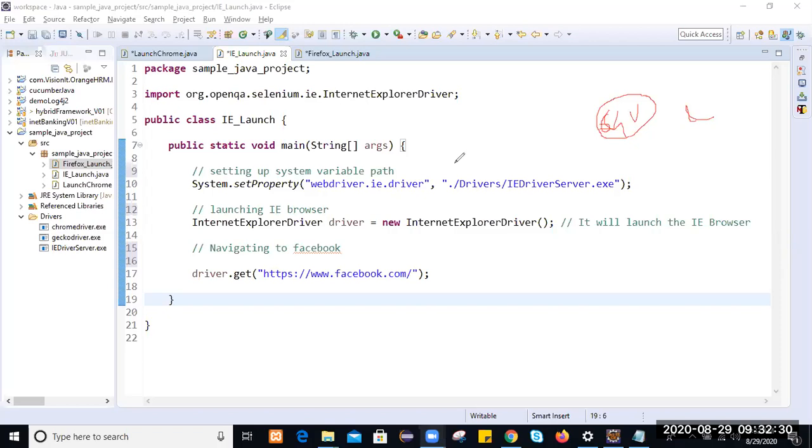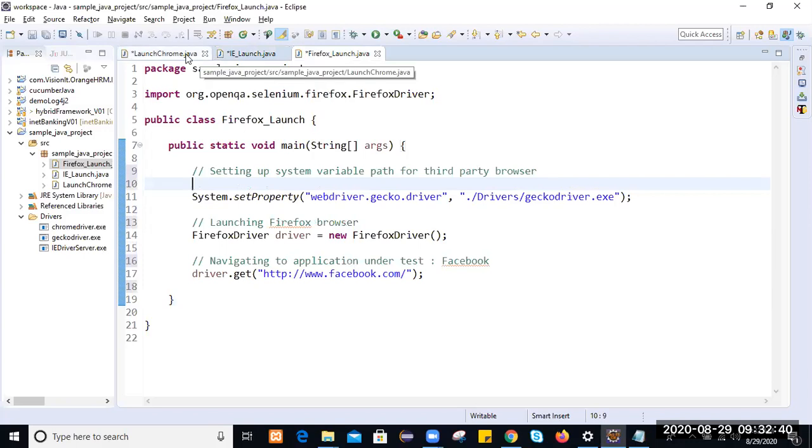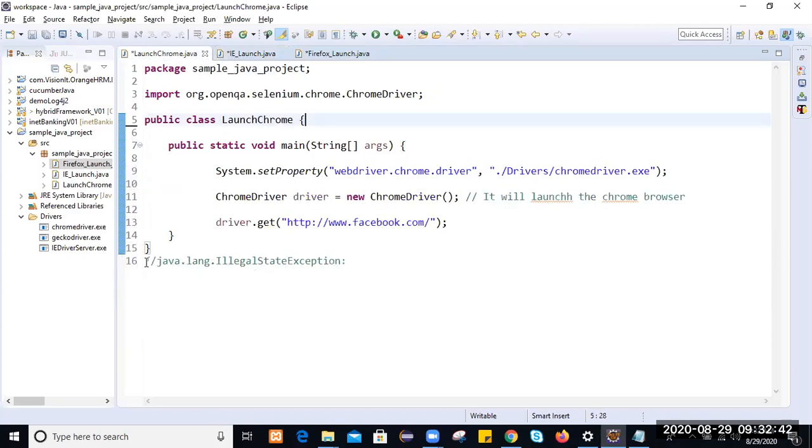Otherwise we'll get an illegal state exception at runtime.